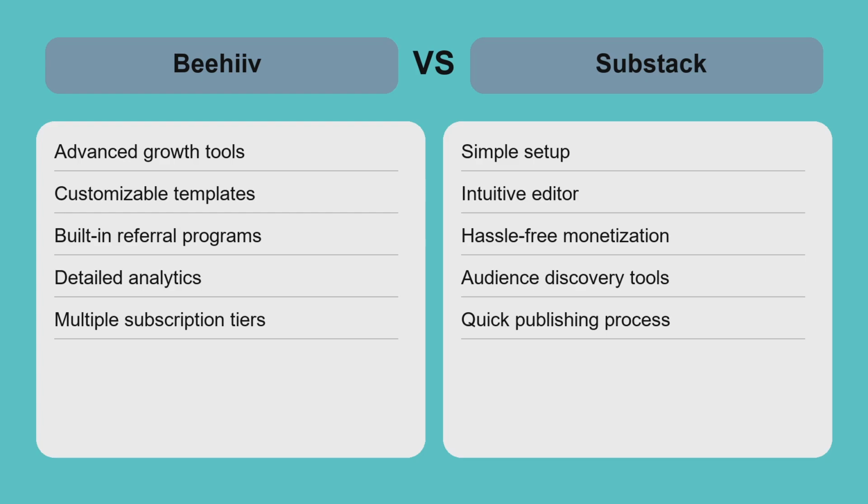On the other hand, Substack prioritizes simplicity and content-first publishing, perfect for writers focused on delivering quality content quickly without technical distractions. A journalist or independent author can start a paid newsletter on Substack with minimal effort and rely on its audience discovery features. The trade-off is between Beehiiv's advanced customization and growth capabilities versus Substack's streamlined, writer-friendly experience. Choosing depends on whether you value marketing flexibility or ease of use.